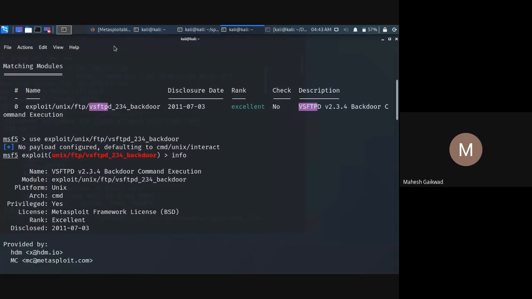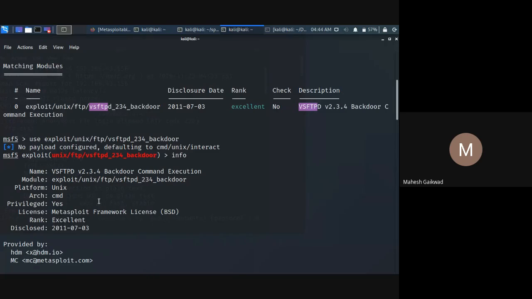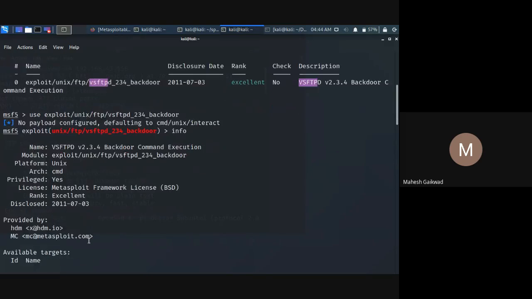After getting to know the version, we searched in the MSF console tool set for the application and the version number, and we found an exploit which was already developed, and we utilized that exploit to mention the target